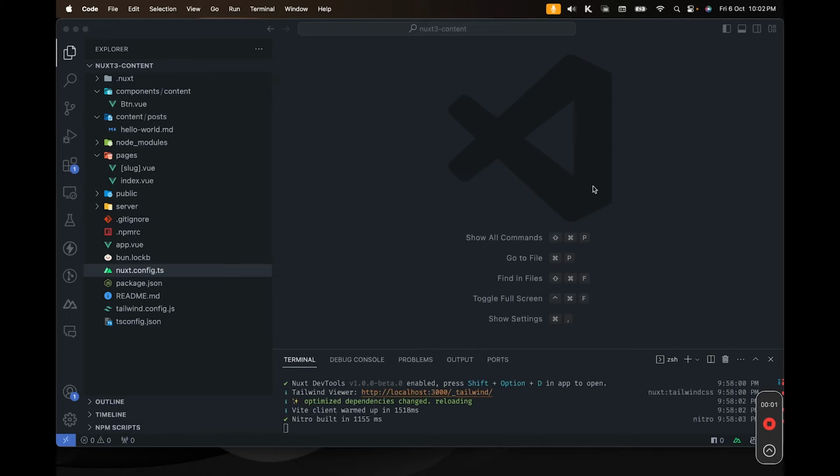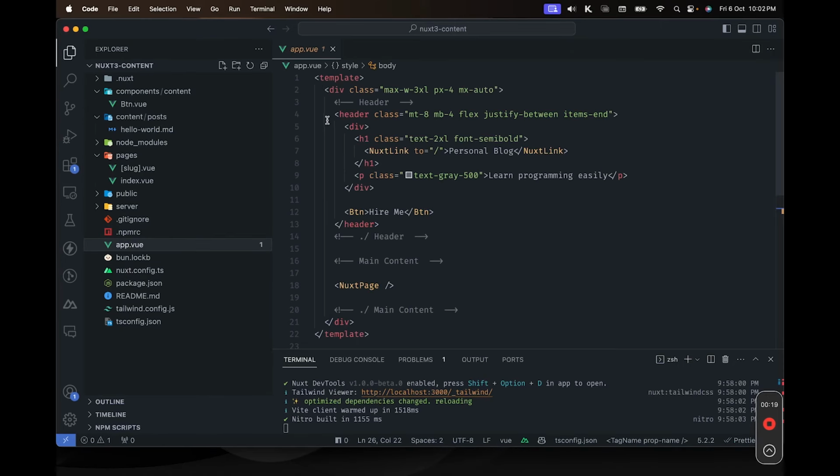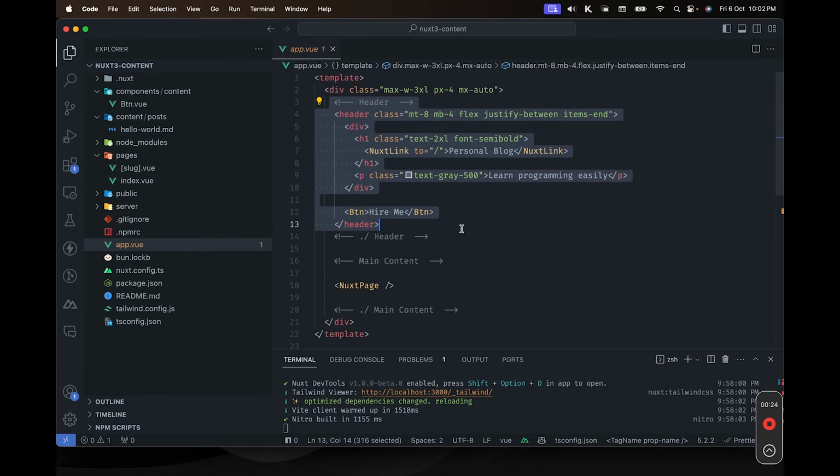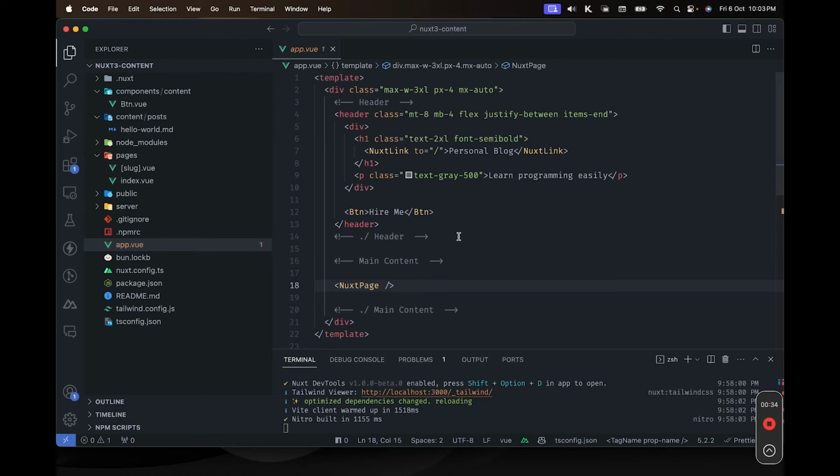So it's time to summarize what you have done so far in this tutorial. First thing we have done, we have added Tailwind CSS to our Nuxt application. Right after that, we have added the Nuxt content dependency. And then we have started designing inside our app.vue. We have created our header, which is almost non-functional. Then we have a Nuxt page component, which basically rendered the page from the pages directory. So inside the pages directory, we have our